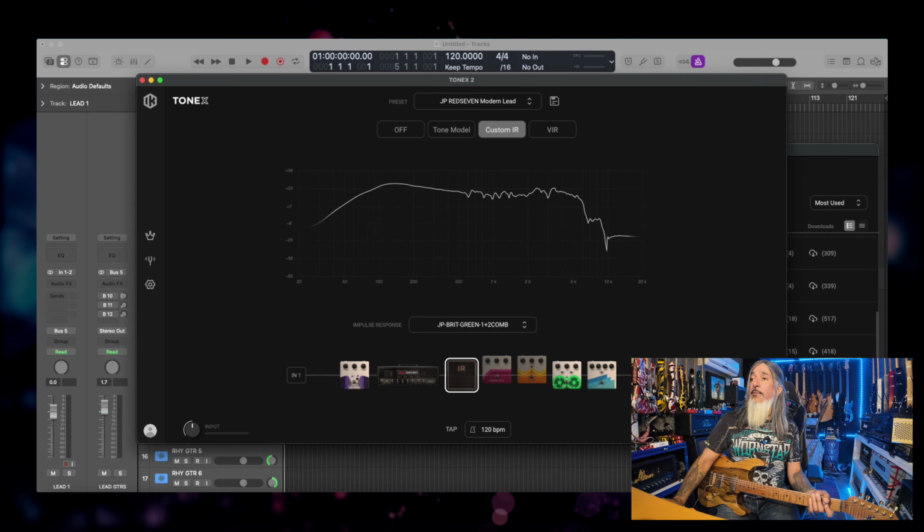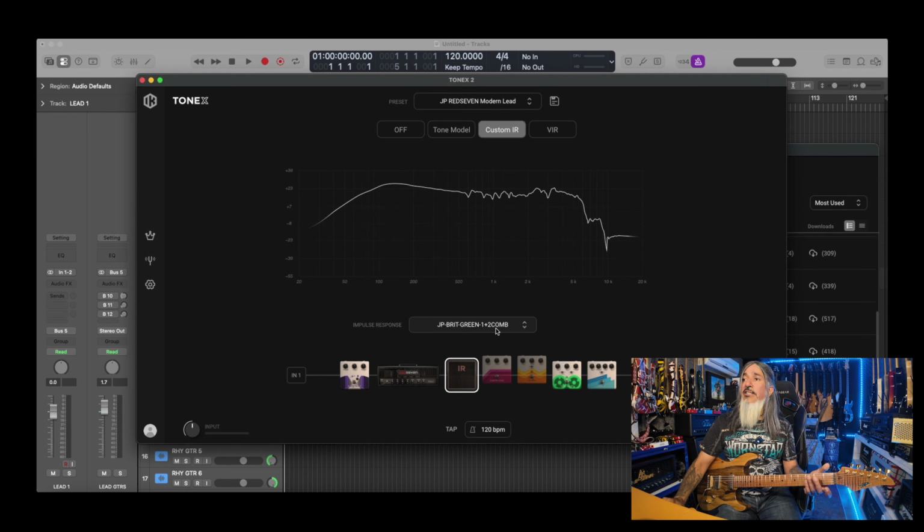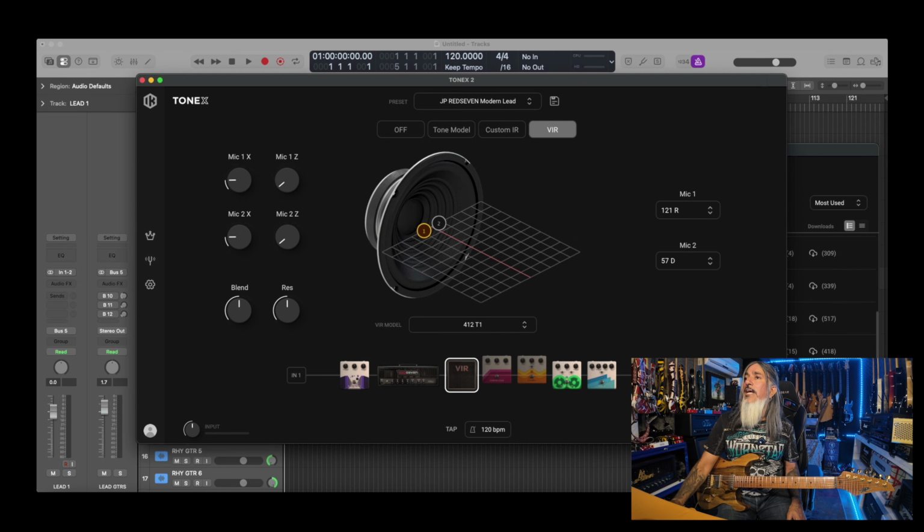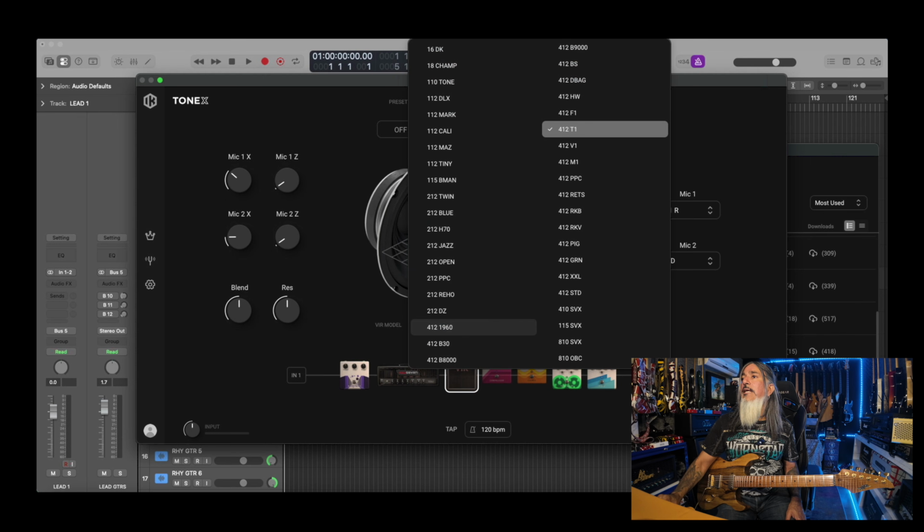I've got a couple loaded up into TONEX at the moment. This is my JP Brick Green 1 and 2 combo, and it's going to make the amp sound different because the cab is different. And we can even access the VIR cabs from here as well with all of our mic placements and movements, etc. We can tailor it to how we want it to sound, and all of the VIR models are accessible from here. So if I want to go to the 412 greenbacks,